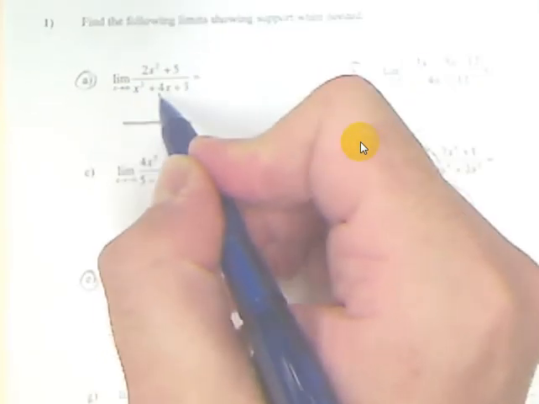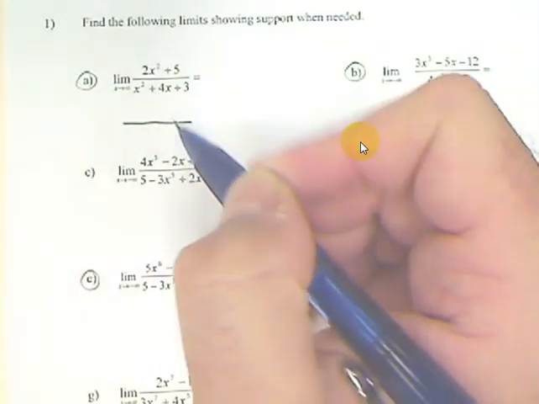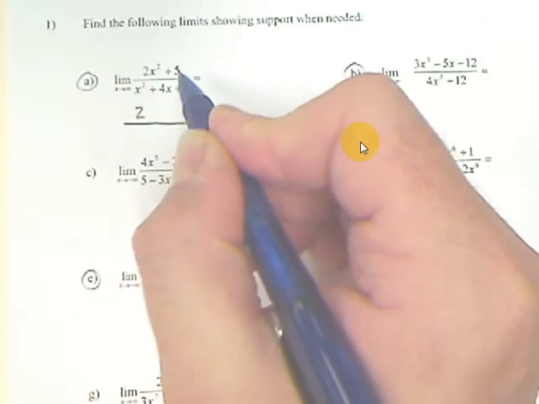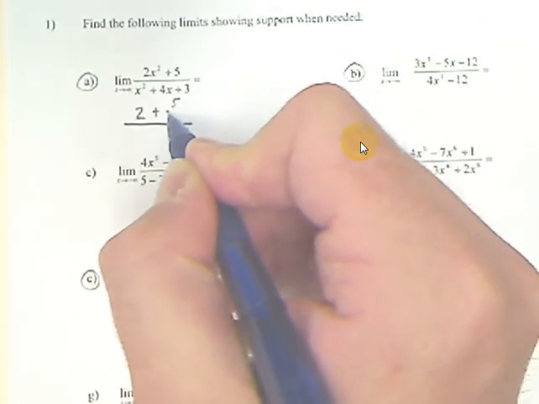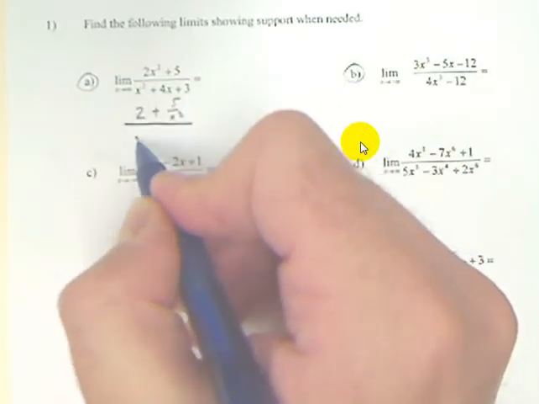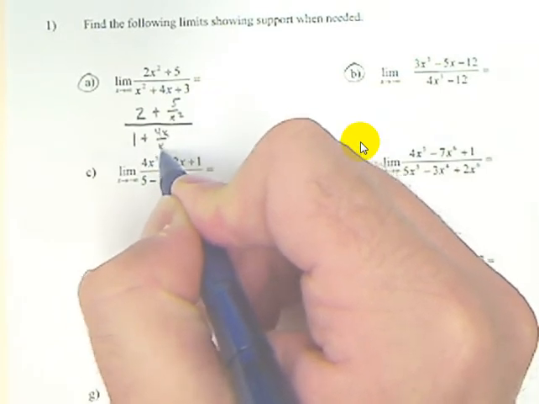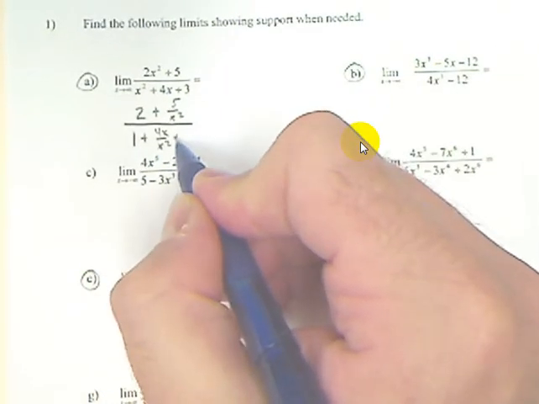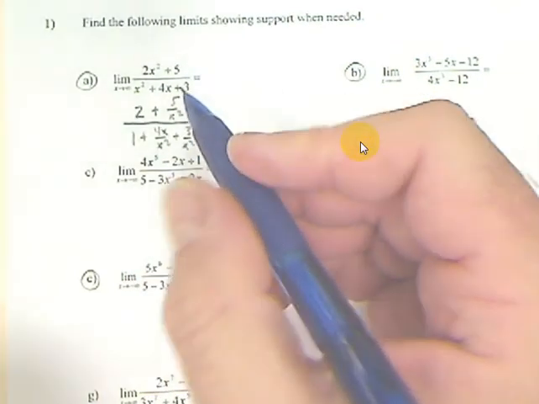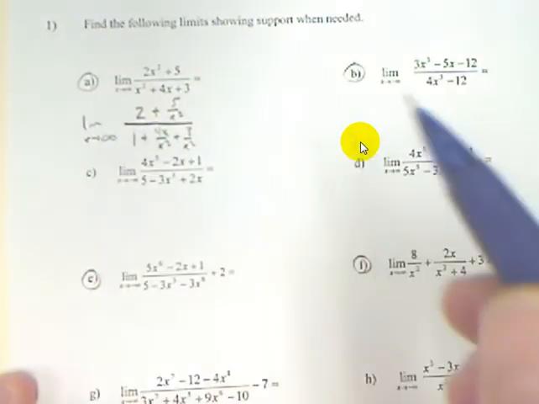If you divide everything by x squared, as long as you do it to everything, that's okay. It just changes its looks, it doesn't change its value. 2x squared divided by x squared is just 2. 5 divided by x squared would look like this. X squared divided by x squared is 1. Then you would have 4x divided by x squared, and then 3 over x squared. And in doing so, you have to now hopefully see that the limits as you approach infinity are easily found